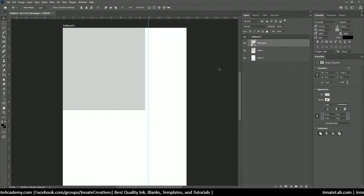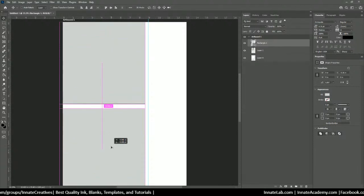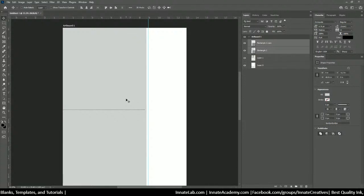All right, so there's one, and then if I want to go ahead and create another, I'm just going to hold Alt. See how I get the double arrows when I hold down Alt? I'm going to click and drag, and now I have a second one. Now that I made this 9 inches by 9 inches, that means I'm going to end up with an 18-inch area combined. All right, so if I happen to sandwich this handkerchief in there,